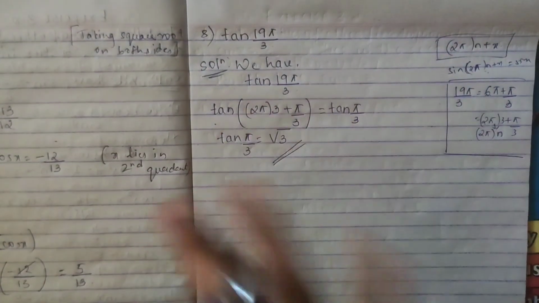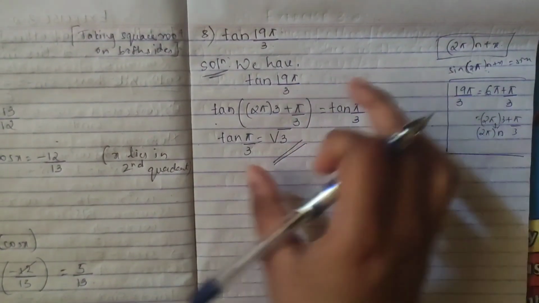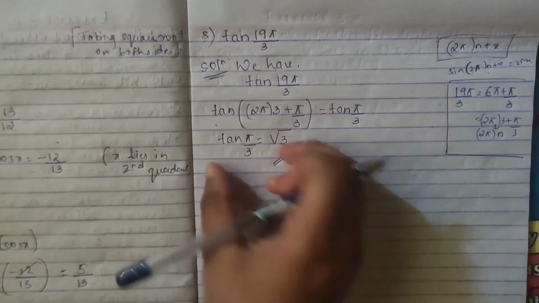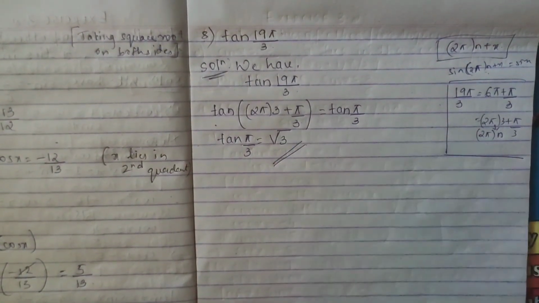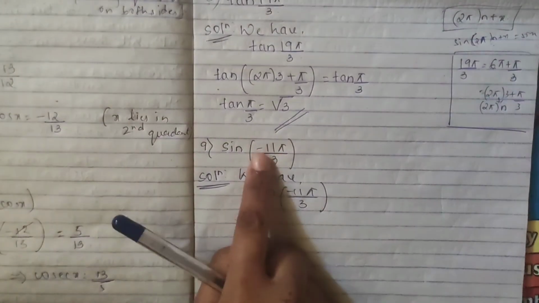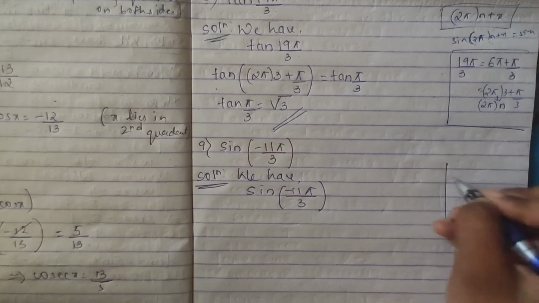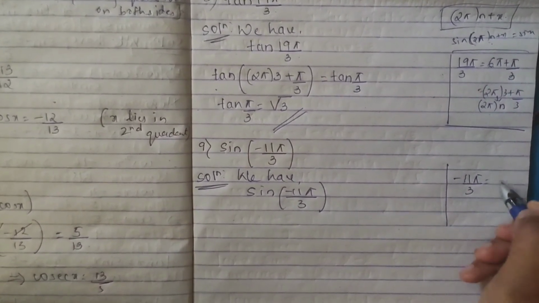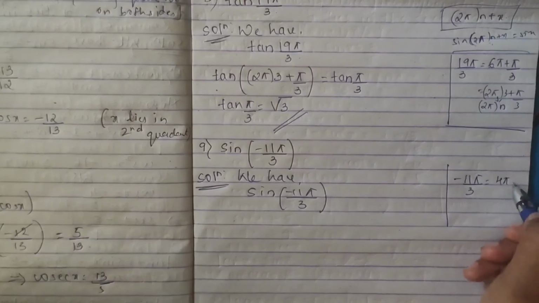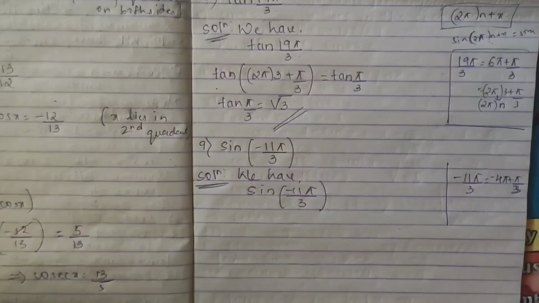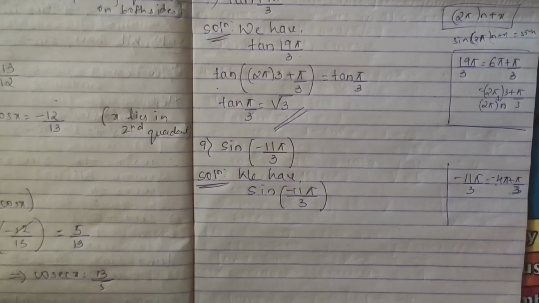Splitting it off in terms of your 2 pi into n. If it is in degree, it means 360 into n. Just splitting that term and getting the values. So the next question, you have sine minus 11 pi by 3. How will you break it off? I can take 4 pi plus pi by 3, here I can take minus. 3 4s are 12, minus 12 plus 1, it is minus 11.